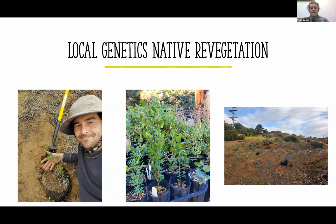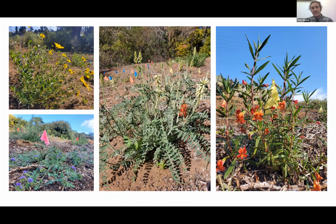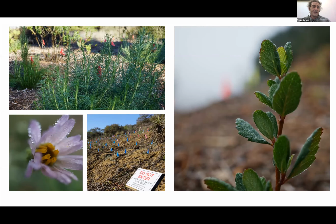And I do want to emphasize that we are propagating this with huge help from volunteers as well as some interns. And these plants are all sourced, if not from our garden or the places that we're actually working in locally. So we're building out a network where we have access to wonderful plant material like this. And some of these plants were even given to us for this project by the Nature Collective. So it's really wonderful to have allies and to be part of such a cooperative culture. I love these glam shots, and I'll be happy to tell people more about which these plants are,